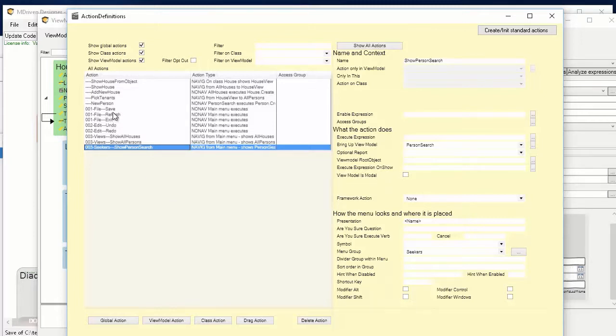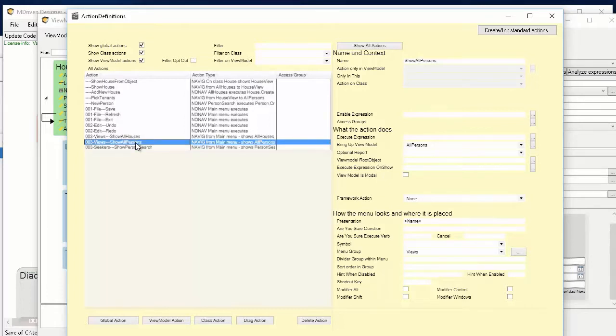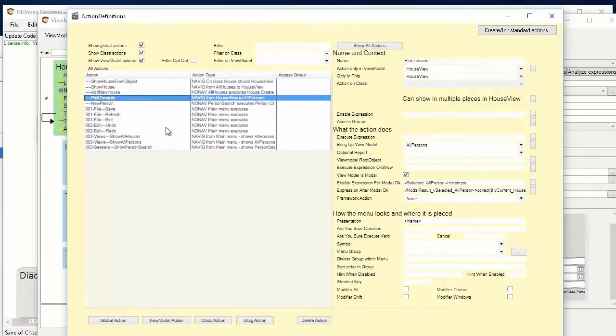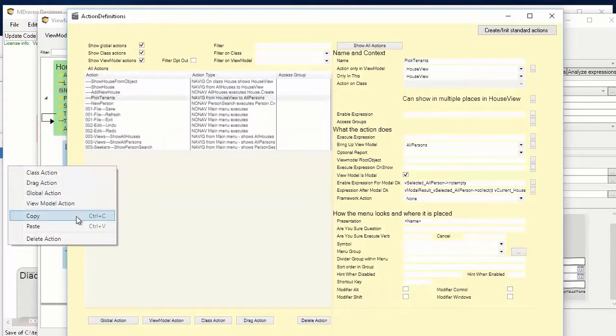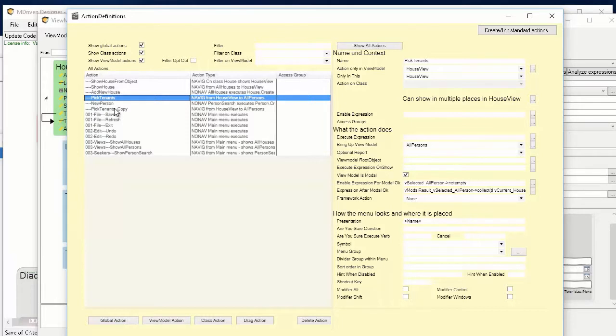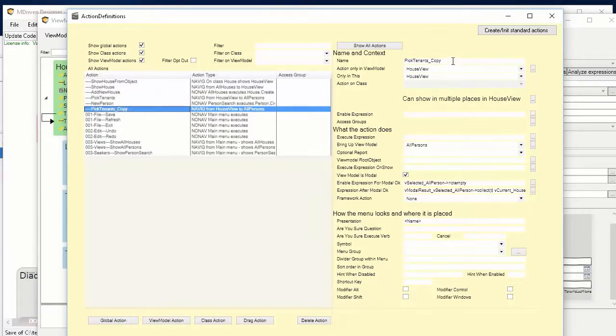No, where did it go? Let's do a copy of this. I'm just going to do copy and paste and pick tenants by search,